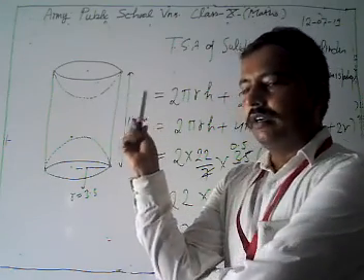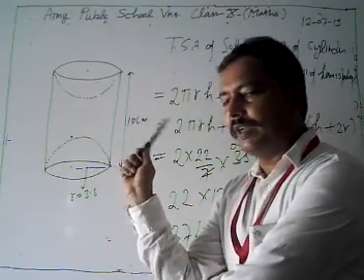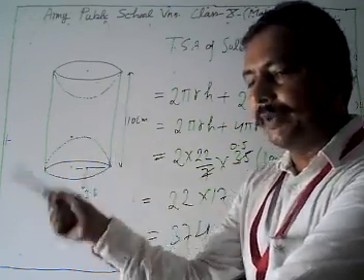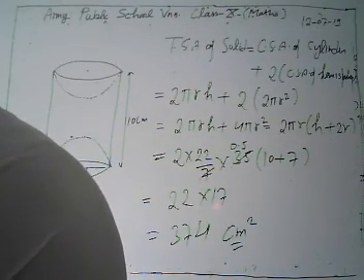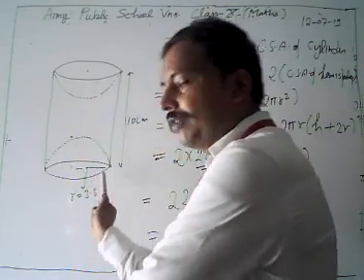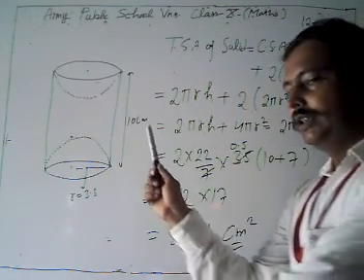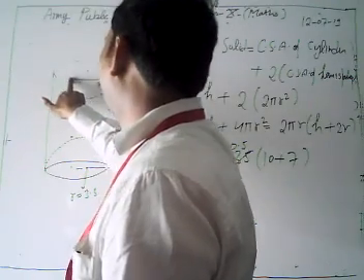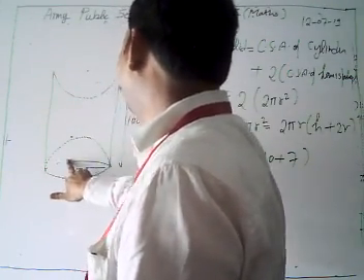I am just going to revise again. What is given in the problem? We have a solid cylinder having radius 3.5 and height 10 centimeter, and from both its ends we scoop out a hemisphere. We scoop out two hemispheres from both ends. Then we have to find the remaining solid. Now our shape is like that.